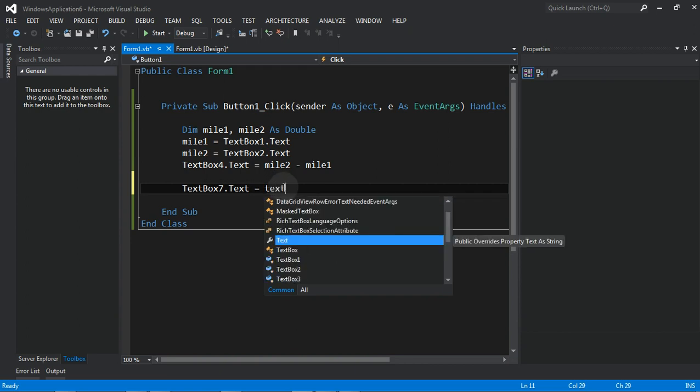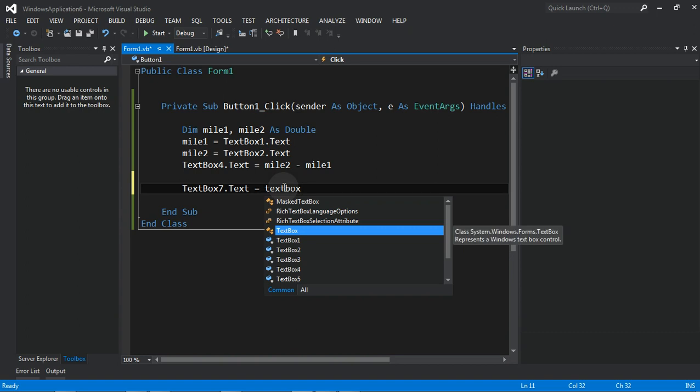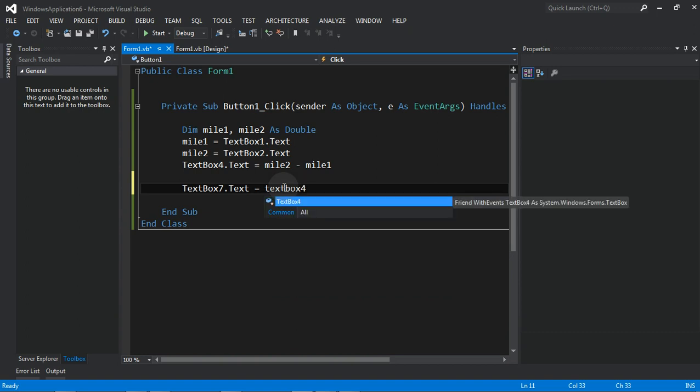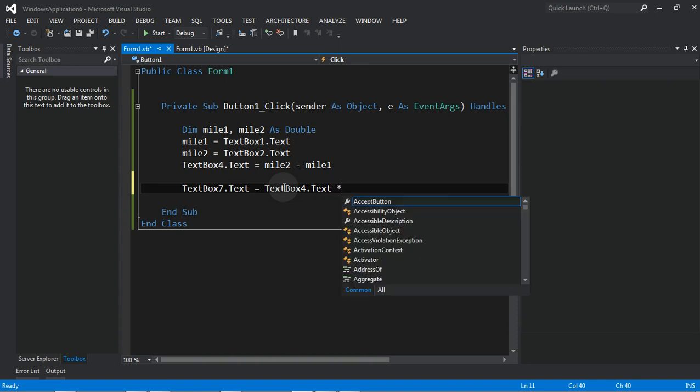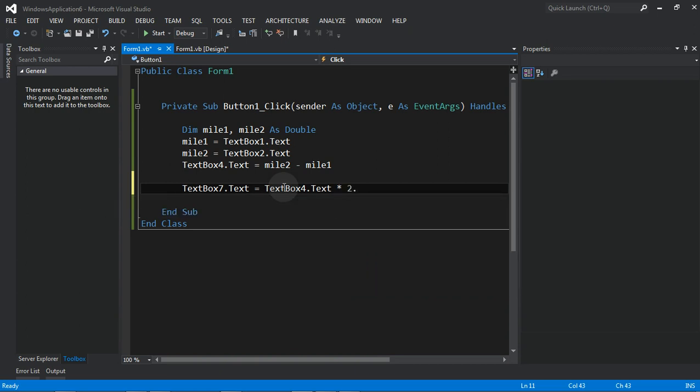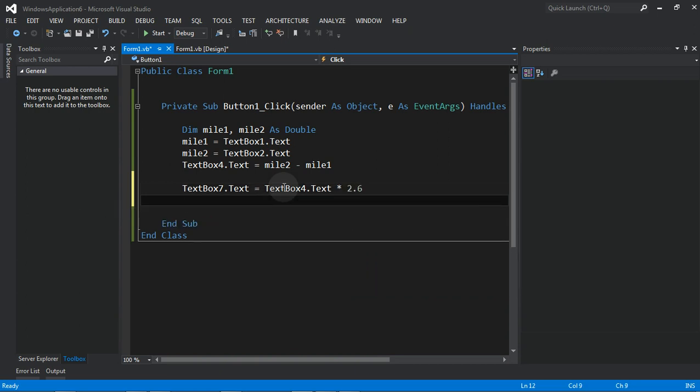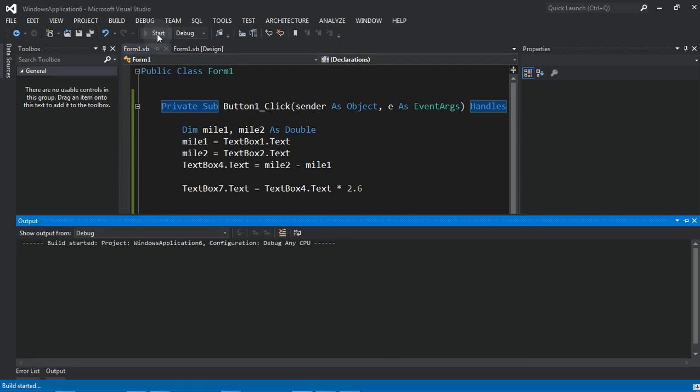So let's say text box 4.txt, and we're going to multiply it by the value of $2.60, and let's check. So let's start debugging so that you can check if there is an error or if our